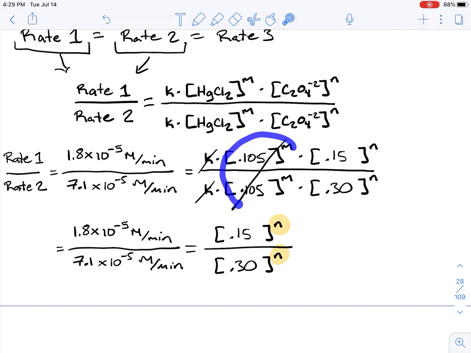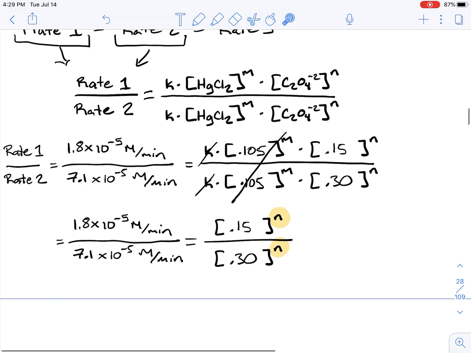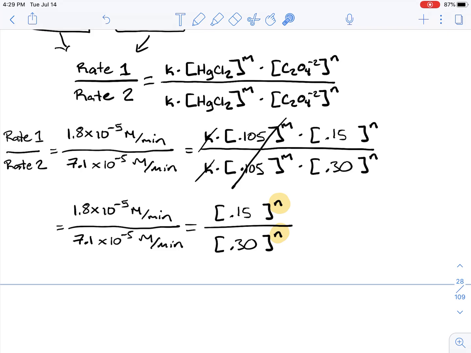But since the initial concentrations are the same, we can cancel out this whole term, which cancels out the m. If we cannot cancel this out, we're stuck solving for two variables. Now that we have canceled out one variable, m, leaving us with just n to solve,